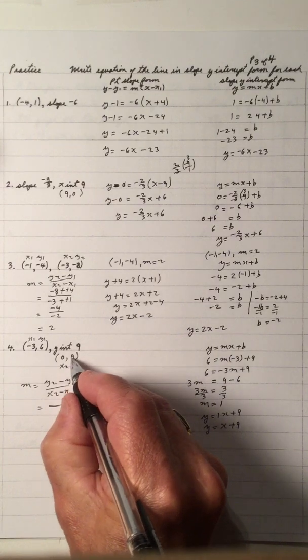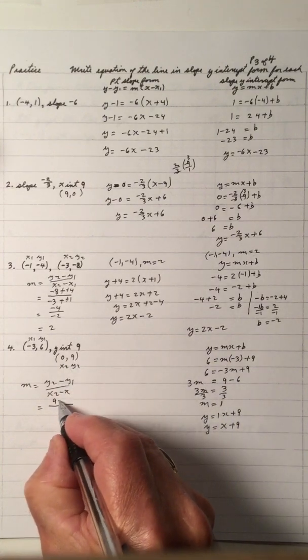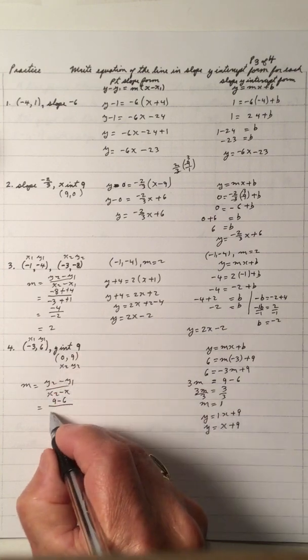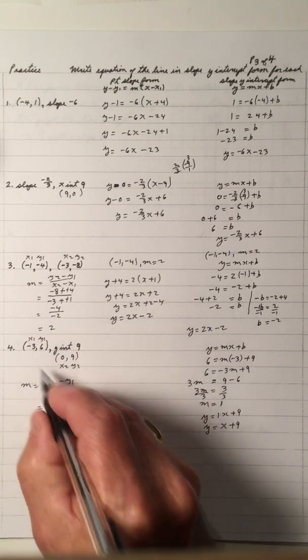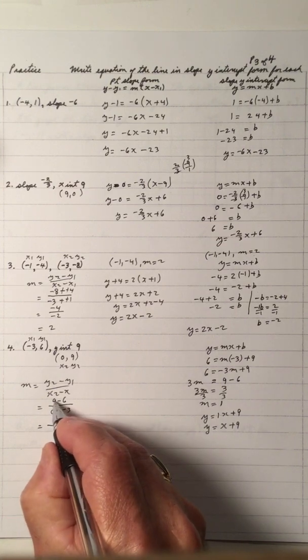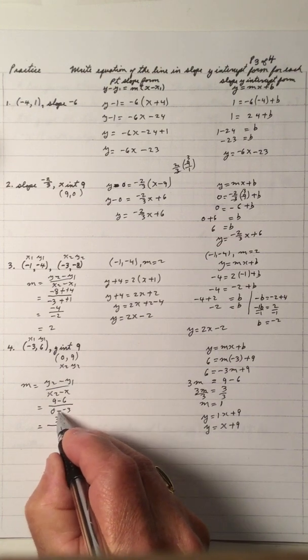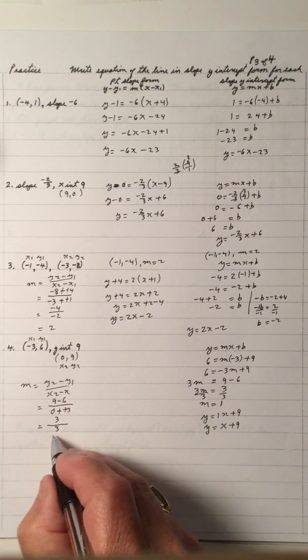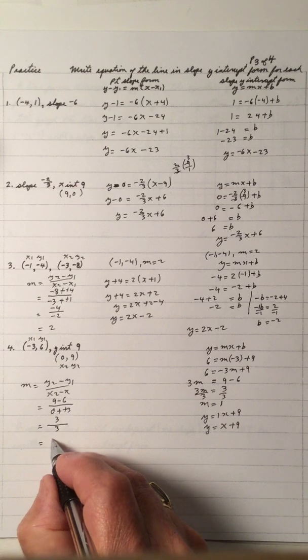And y2 is 9 minus y1 is 6, x2 is 0 minus negative 3, and simplify that. 9 minus 6 is 3. Double negative is a positive, and that's a 3 on the bottom, and 3 divided by 3 is 1, so